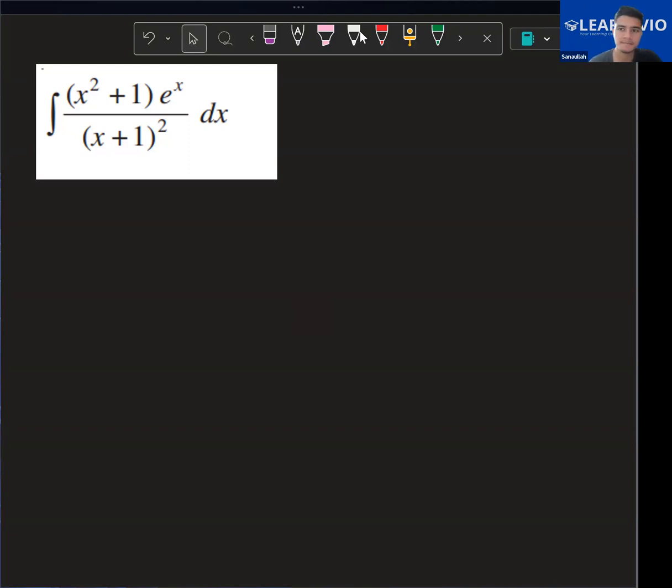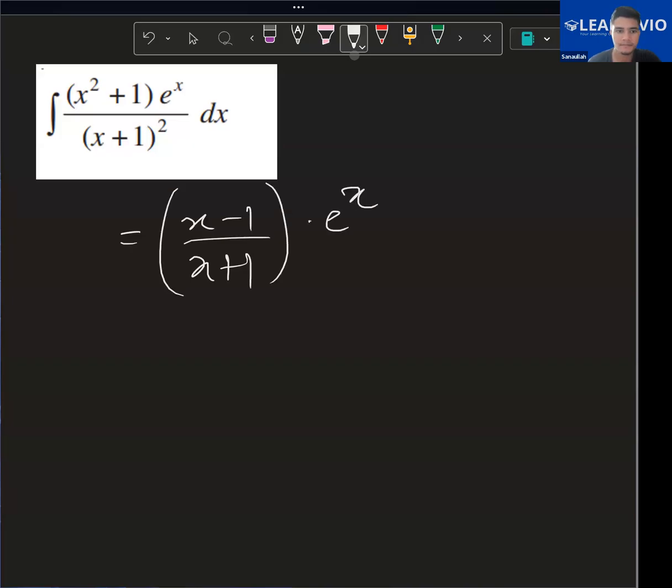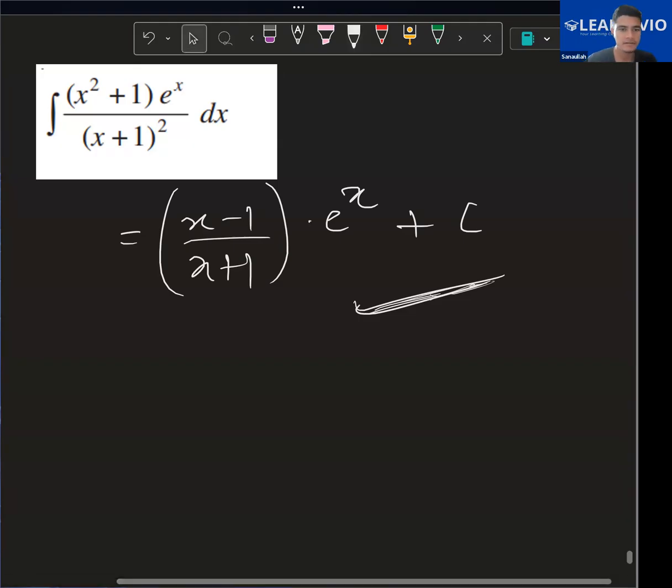आंसर क्या आ रहा है? e^x (x minus 1)/(x plus 1) plus c. राइट राइट राइट, इब्राहिम आपका सेम है? जी यही मिला। सही है, वेरी गुड। तो इसमें थोड़ा सा सोचना पड़ेगा, एंड आई थिंक ये वाला क्वेश्चन आपके एग्जाम में आना चाहिए।